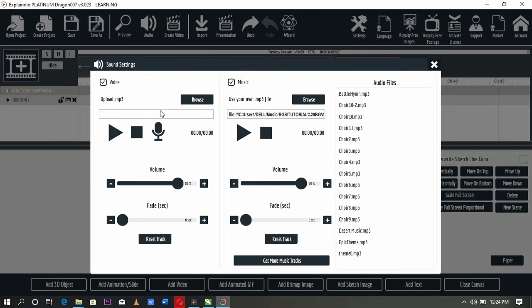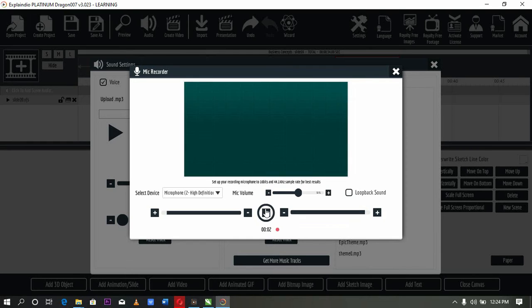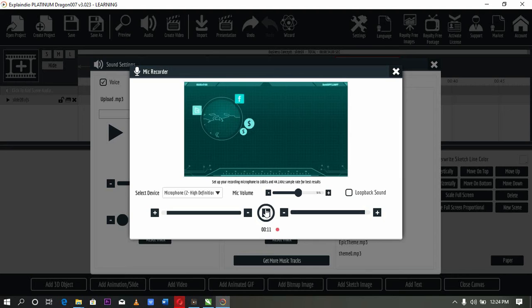So before you do this, make sure you have a mic that is functioning well. If you have a mic that is functioning well, all you need to do is click on this, and then click on this, and it starts recording your voice. Like as I'm talking now, it's already recording what I am saying. It's recording what I'm saying till the end of